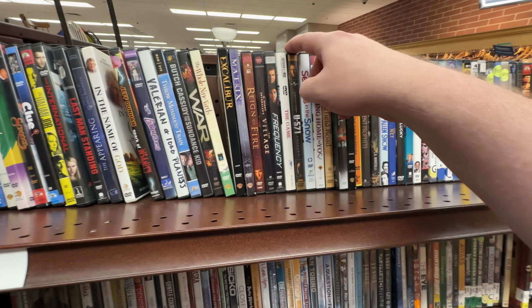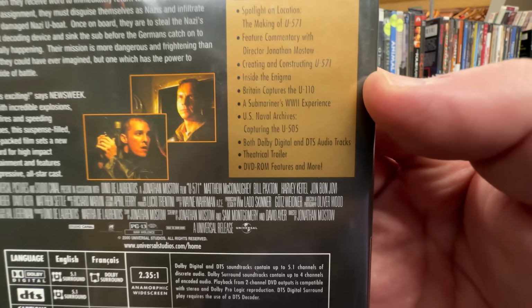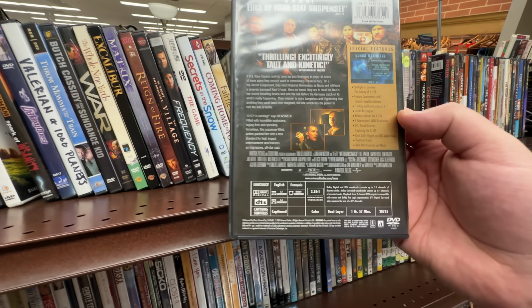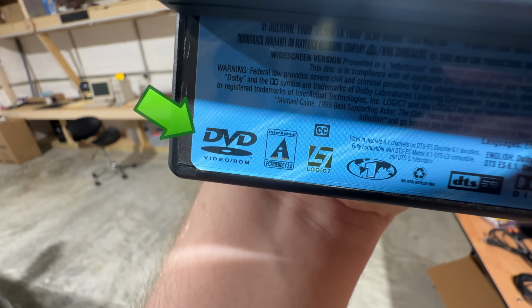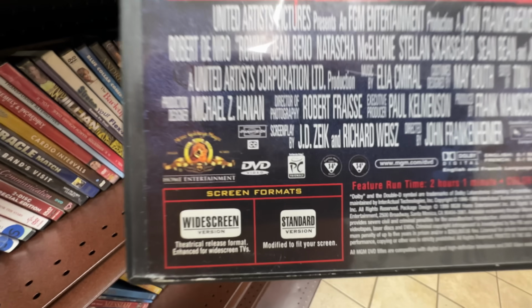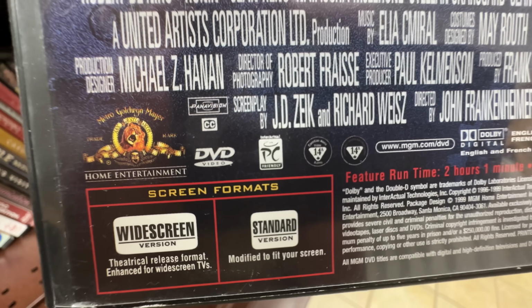All right, so first up is identifying these things, and whenever I'm out thrifting looking through DVDs, one thing I keep an eye out for is any mention of DVD-ROM features on the back of the case, and/or logos for DVD video/ROM, PC-friendly, or InterActual Player, which indicate the inclusion of that kind of Windows software from the company InterActual Technologies.